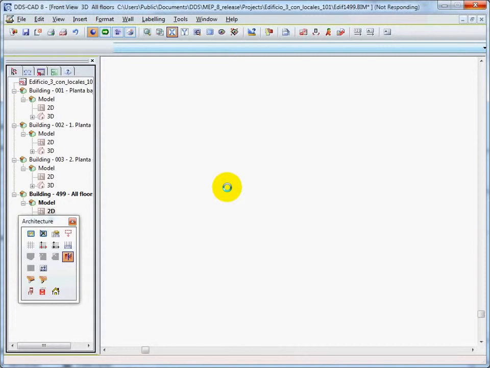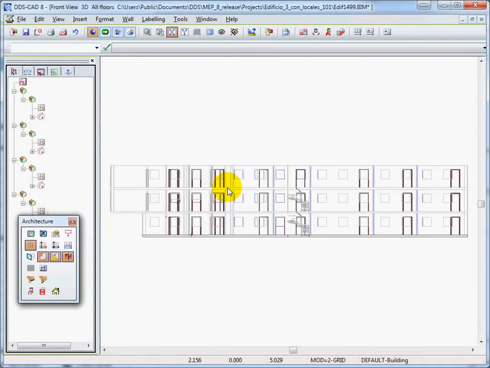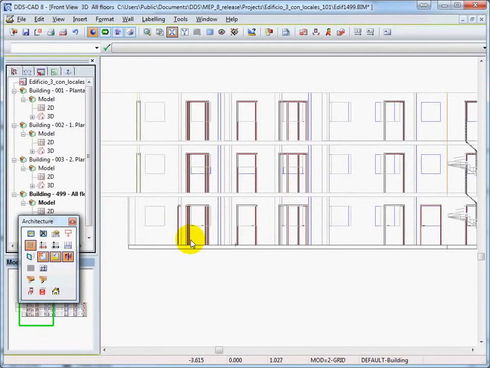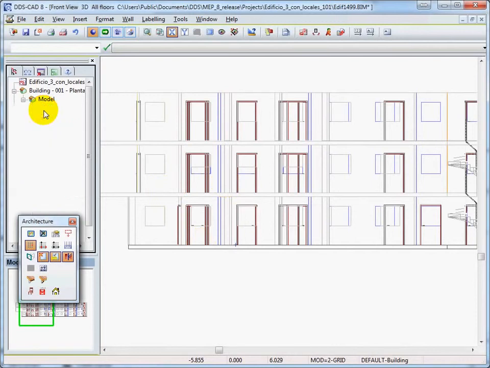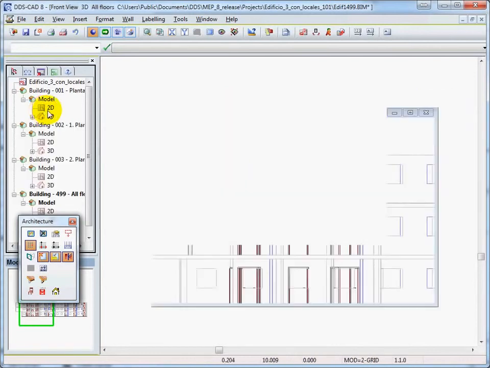There is a difference in the representation for the 2D and 3D information. What we can see, for example, in a 2D door is the drawing of the opening direction of the door. In 3D it will be represented as a complete full object. So this is the building model in front view. If I now switch back to my 2D on the ground floor